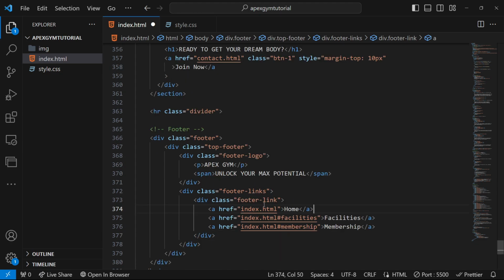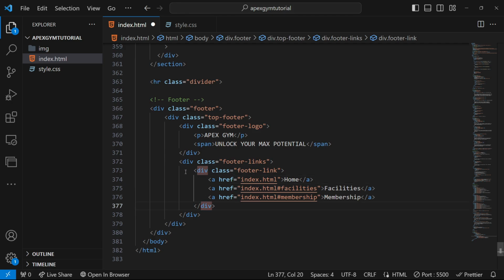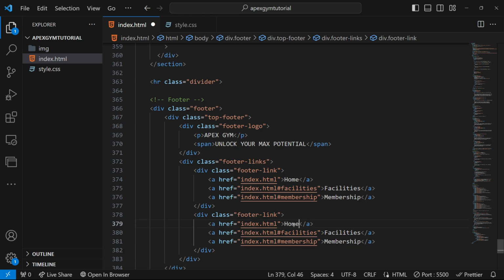There we go. And copy this div so we can proceed to the programs,